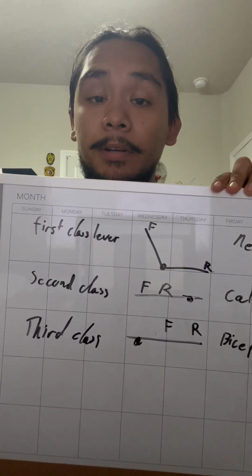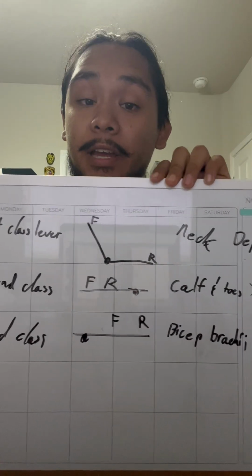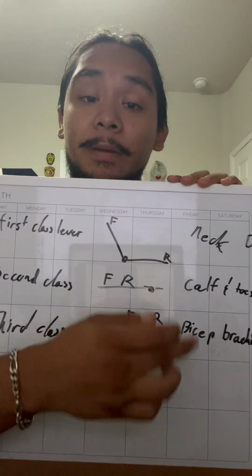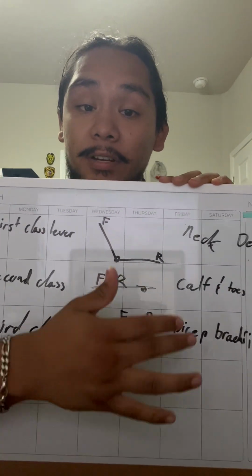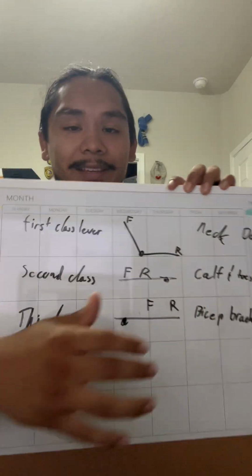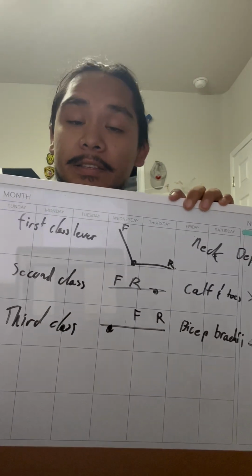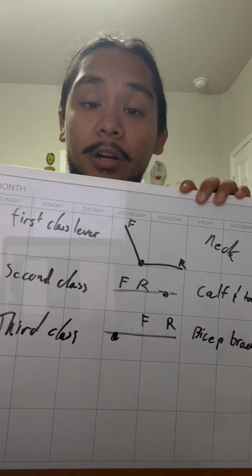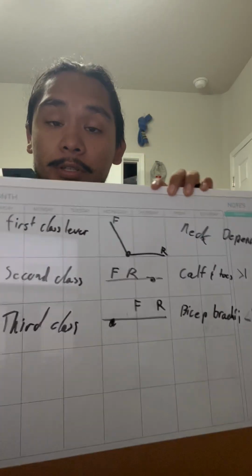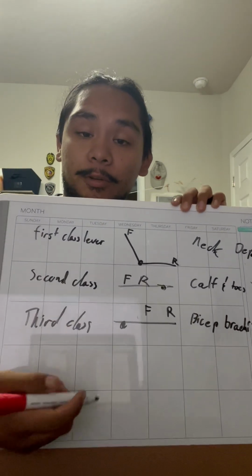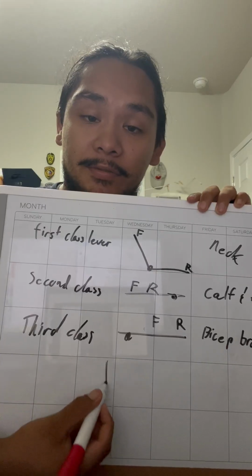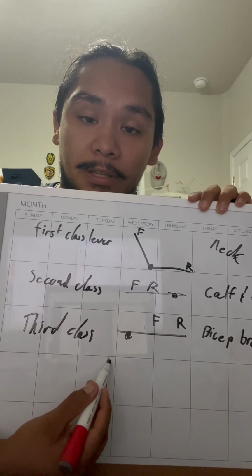Now, our second class lever, a little bit more confusing, but it will be an actual calf raise. And for this note, I put calf and toes. Sorry for the misspelling. The way our lower legs operate is, if this right here would be the calf,